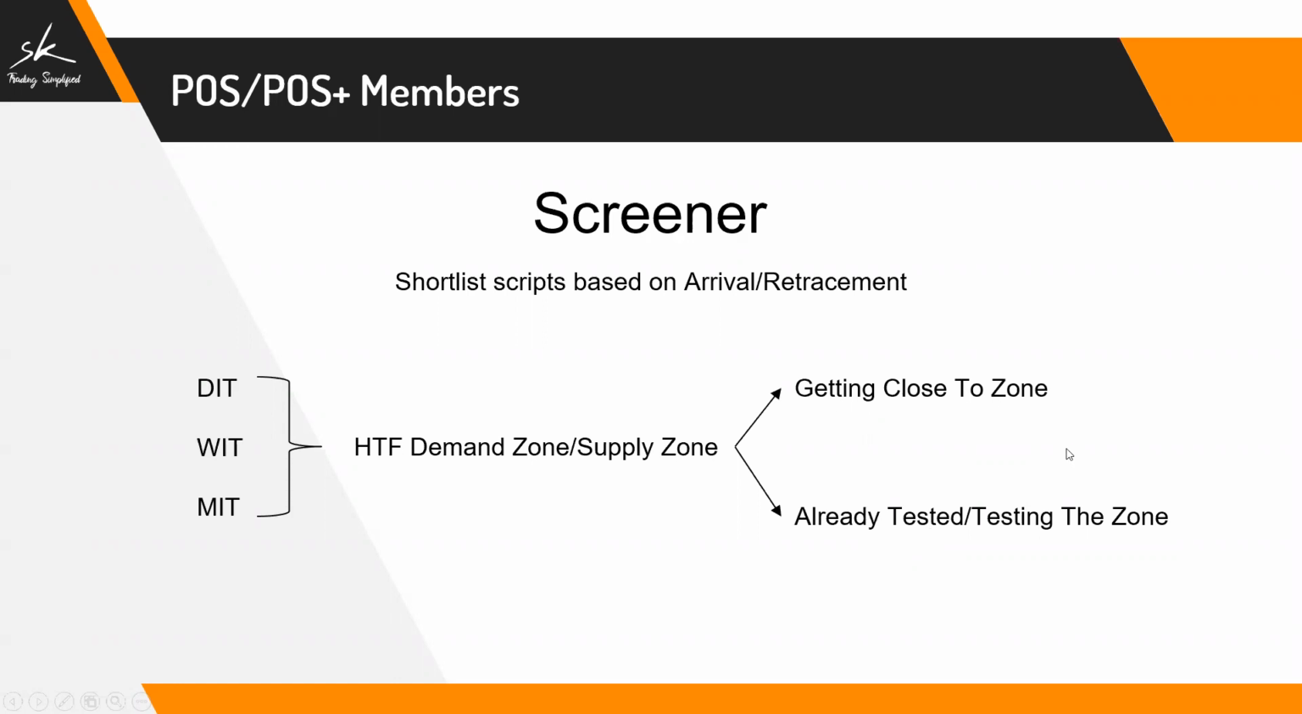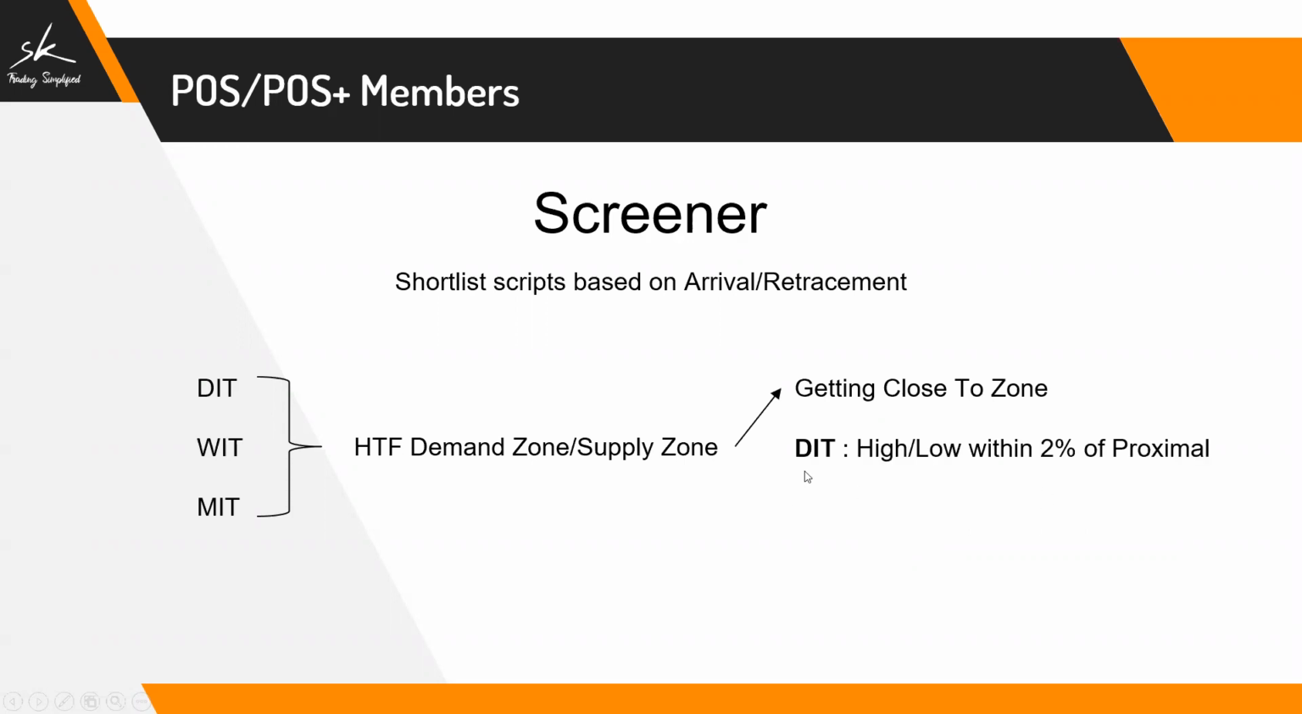Now, when we talk about close, how much close do we mean? So here also we have different numbers. If you're talking about a DIT trade, a daily income trade, we have taken it as within 2% of the proximal line. So what do I mean by that? Let's say I have a demand zone which is starting at 100, and if the low of that particular day, because I'm talking about a DIT, is within 2%, so 2% from 100 will be 102. So if the low is 102 or less than 102, which is going to be 2%, it will give you